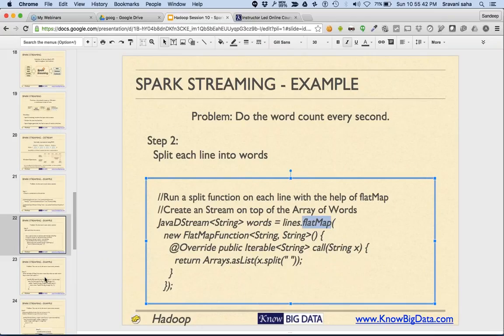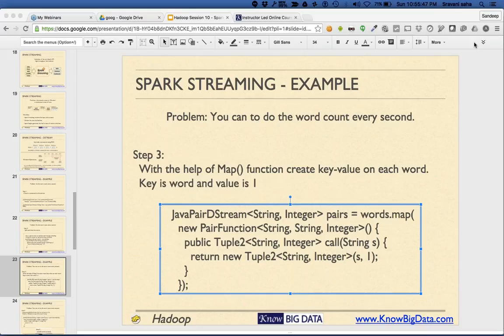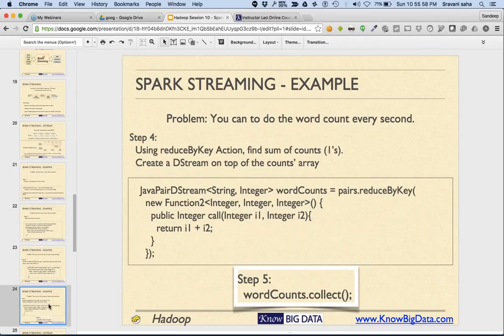And then once that is done, we are calling map, so we are basically converting the word into key value, and then we are summing up their value. You can see that whatever we did earlier for the word count problem, right now we are doing it for 1 second's data.